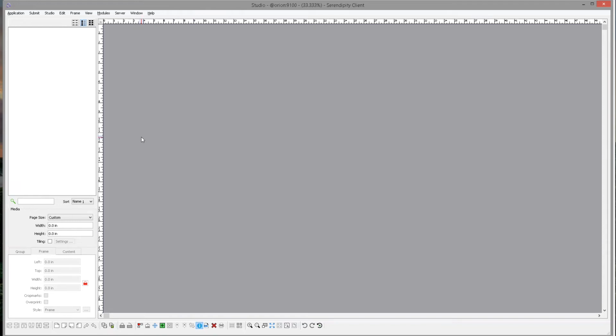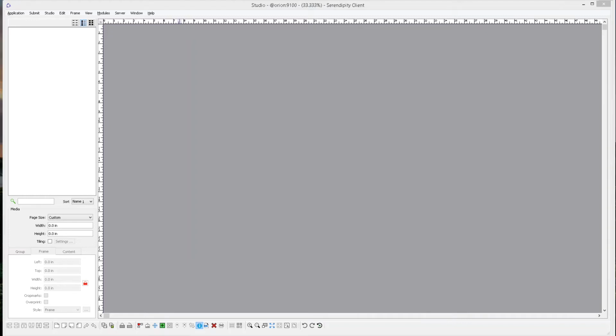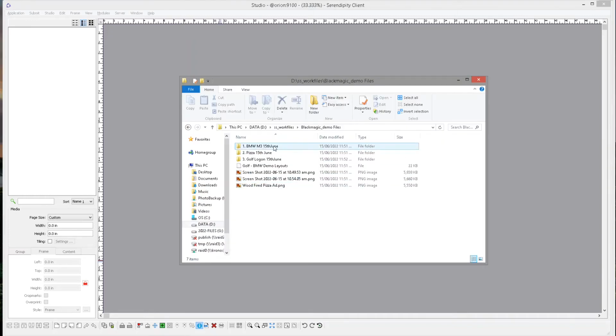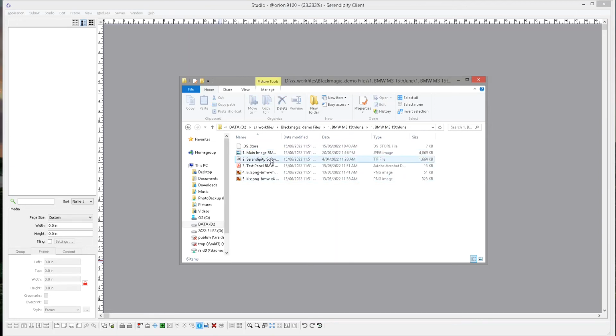Now, first step will be to add some assets for use in the Studio application. I'm on a Windows machine, so I will go to my File Explorer and find the files that I want to use. If you're on a Mac, please use your Finder window and navigate to where the files are that you would like to import. You can select singles or multiples, it doesn't matter. When you are ready,